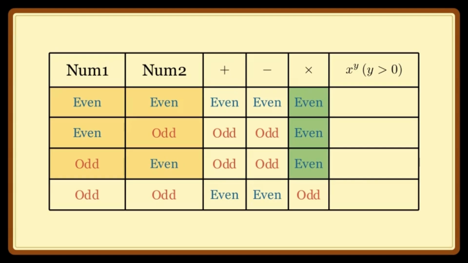The vice versa rule is incredibly powerful here. If you know a product is odd, you know for a fact that both starting numbers were odd. There is no other way to get an odd product. Vice versa, if you know a product is even, you can confidently say that at least one of the original